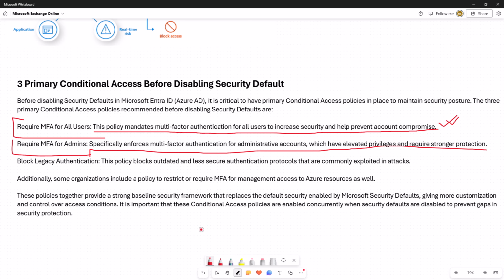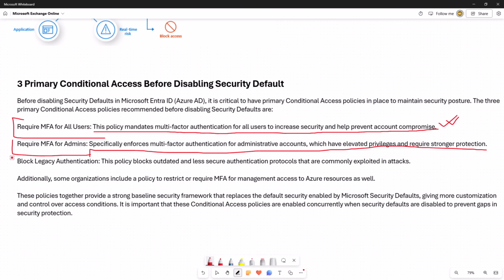If it has admin privilege, anybody can crack your password, brute force your account, and without multi-factor authentication, they can easily get inside your resources and your organization's management.